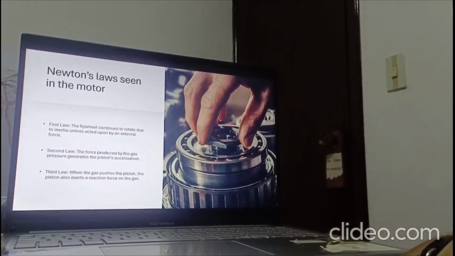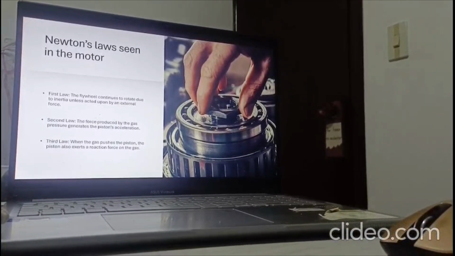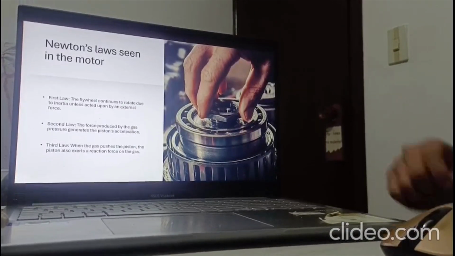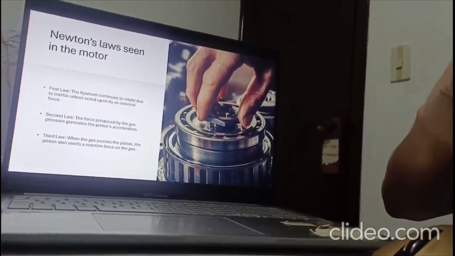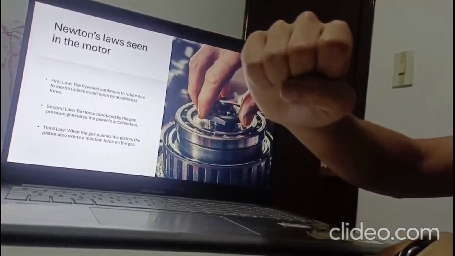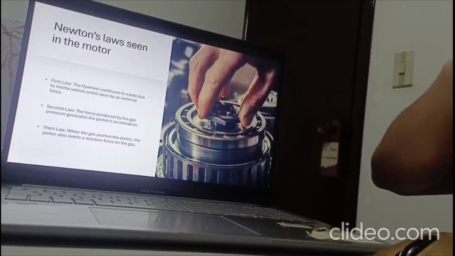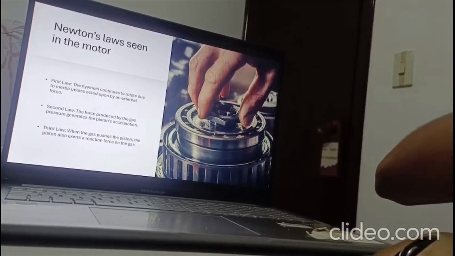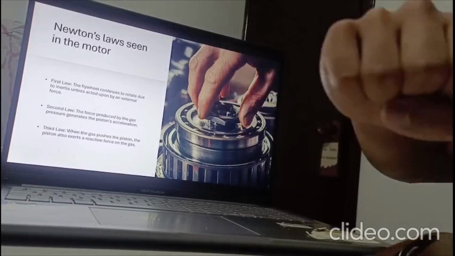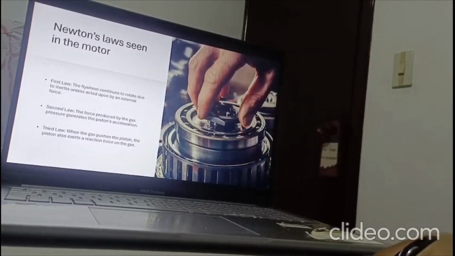The second law talks about the summation of the forces generated. For example, when it's out, there is a force that is basically pushing, but one force is basically trying to pull it back, and all that movement is basically the summation of the forces on the plunger. And the third one